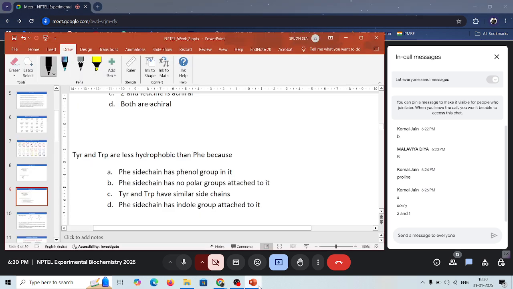Okay. So which of these is correct? Tyrosine and tryptophan are less hydrophobic than phenylalanine. Yes, absolutely. Phenylalanine side chain has no polar groups attached to it. That is why. Okay. Now,